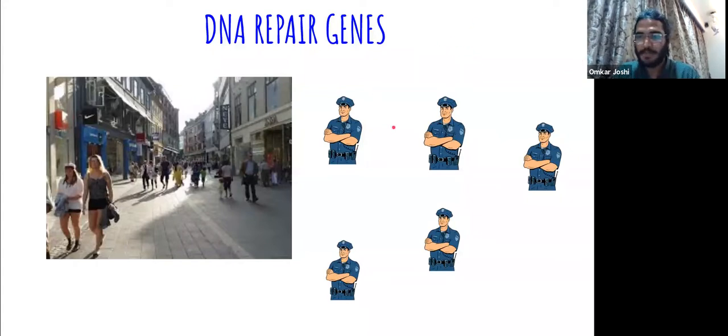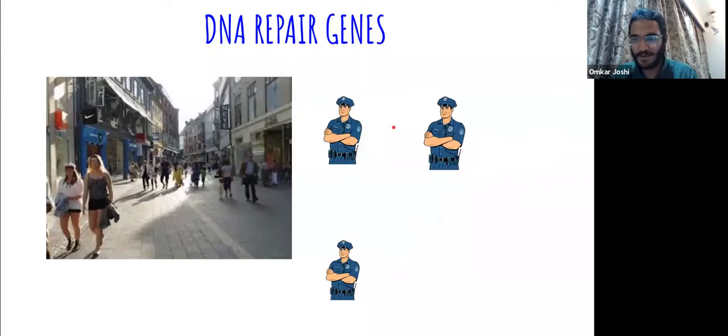Now imagine what will happen if 2 of the policemen are sick for a month and they don't have a replacement. Obviously, there is no necessity that a mischief or a misbehavior may happen, but there is an enhanced chance that if such a behavior does happen, the person will get away with it. So for example, somebody decides to rob a shop. Now if there are 5 policemen, chances are that robbery will get caught. But if now you have only 3, and if the person goes to a shop where there is no sort of security, chances are that the person will rob it and nobody will be aware of it, right? The person will just get away.